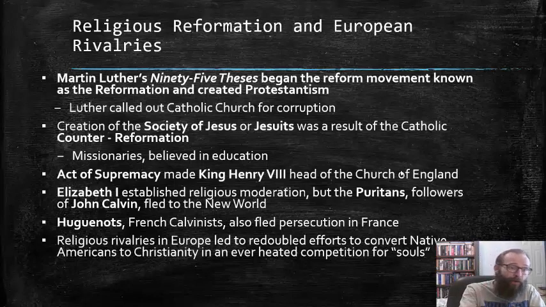Now, his daughter, Elizabeth I, established some religious moderation, but the Puritans, a sect of the Church of England, who really wanted to keep religious practices more pure, thus the term Puritans, who were also followers of a Swiss Protestant reformer named John Calvin, fled to the New World, seeking to be able to practice their particular brand of religion